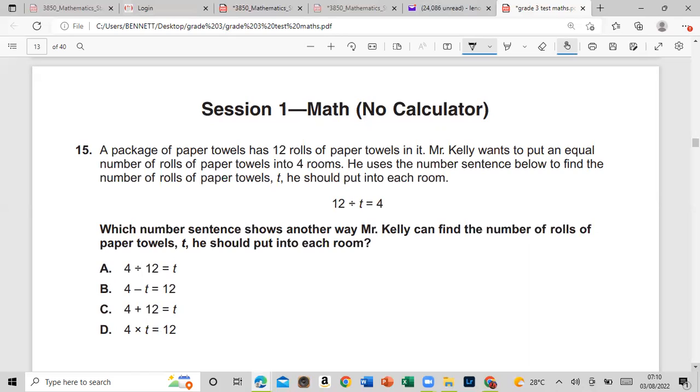He uses the number sentence below to find the number of rolls of paper towels, T, he should put into each room. So 12 divided by T is equal to 4. Which number sentence shows another way Mr. Kelly